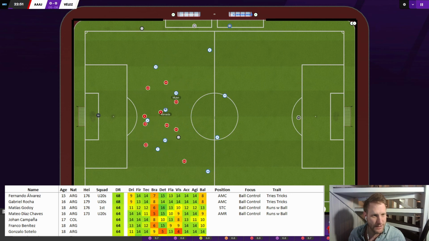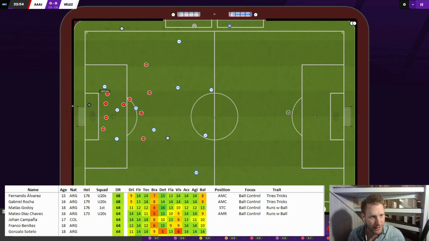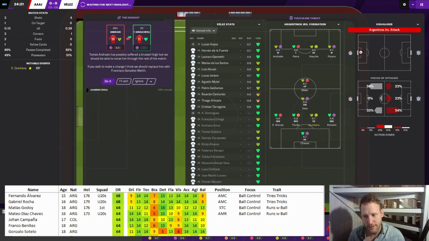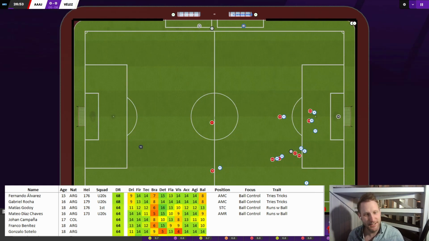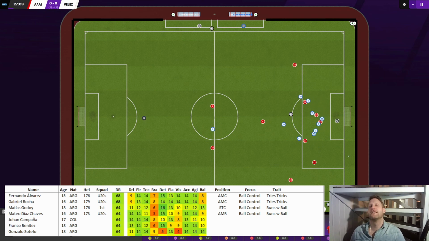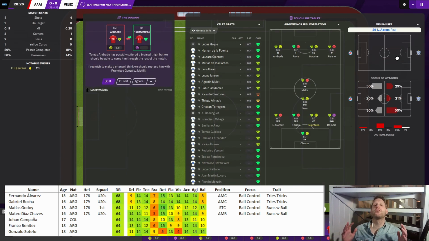Another long ball attempt, another through ball attempt from them. Here they come. Hanson misses. Taking a jelly bean. No jelly beans tonight. Not that sort of stream. Oh, where has our scoring gone?